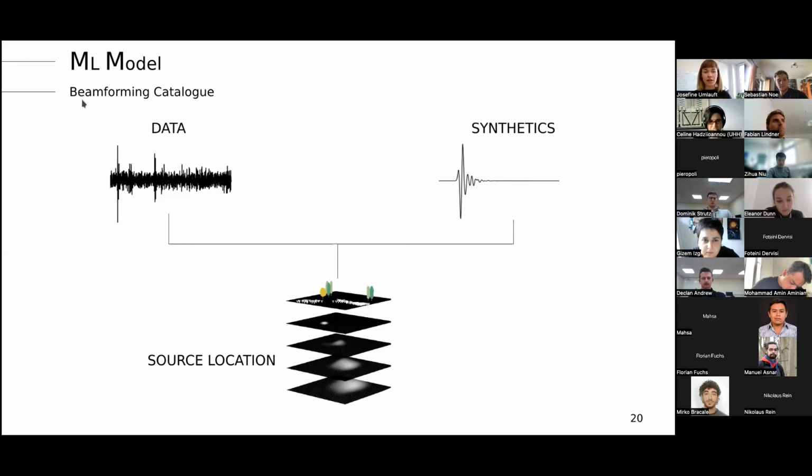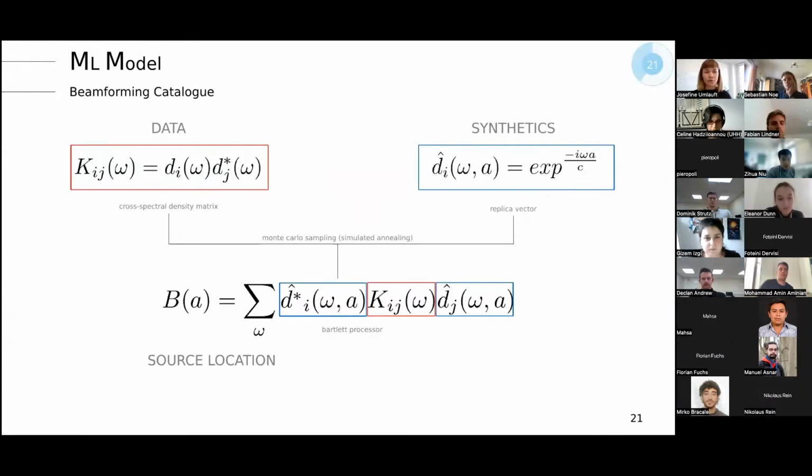And in general, that works in the way that you correlate a data wave field with a synthetic wave field in order to locate a source position. And to go a bit more in detail, for the data field, we would compute the cross-spectral density